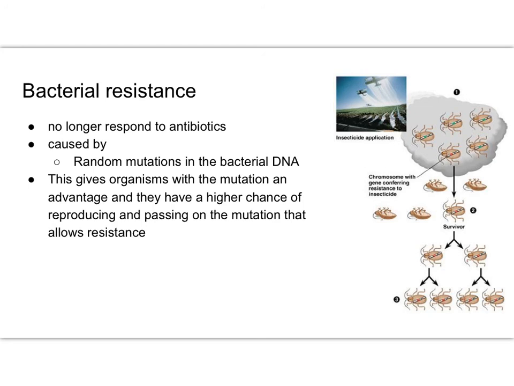You see it with insecticides. You can see here the insecticide application. You spray the bug spray on the bugs, okay, but you happen to have one that's able to survive. It happened to have a mutation, so it had a resistance to that particular insecticide. That insect is able to survive and reproduce. Therefore, the surviving insects are going to have that DNA. They're going to have that resistance. So this is an instance where these mutations are beneficial to these particular populations of organisms. We'll continue practicing with mutations in class, okay? And we will be tying it again to protein synthesis, and we'll practice some FRQs about this.